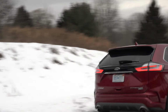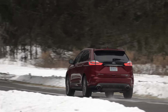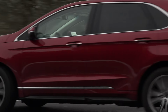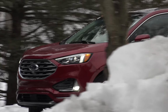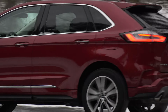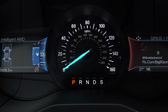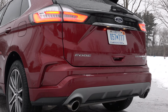a larger displacement motor with the advantage of besting its competitors at the gas pump, thanks largely to the 2019 model's additional 2 gears, a new all-wheel drive disconnect feature that automatically shifts power from the front wheels to all 4 wheels in a fraction of a second as conditions necessitate, and improved aerodynamics, including active grille shutters that open and close as needed. However, its 426-mile driving range is down a little from last year because this Edge carries